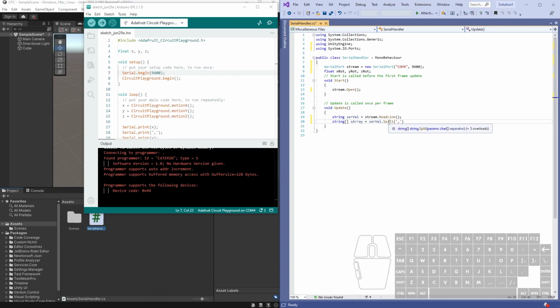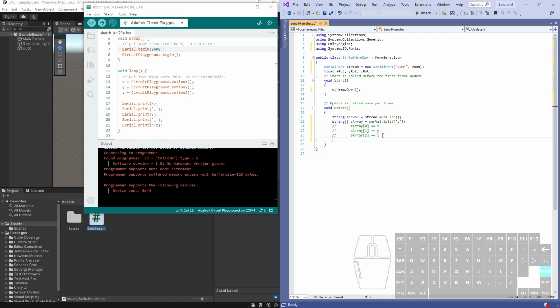And so what this split function is going to do is it's going to look for those commas and delete them, but wherever those commas are, it's going to add the variables they separate into this string array as individual items in the array. So sArray at index 0 is going to be equal to our x value, and I'm really just doing a comment here. At index 1, it's going to be our y value,